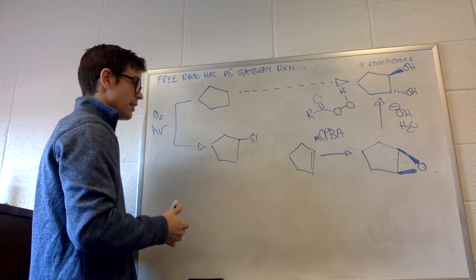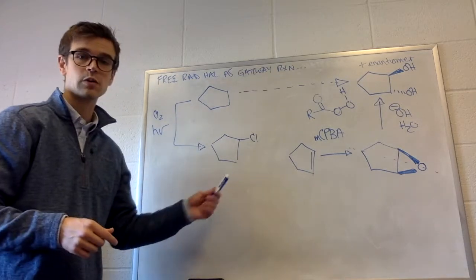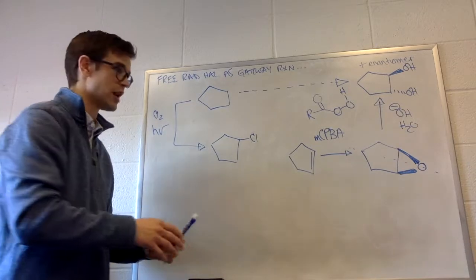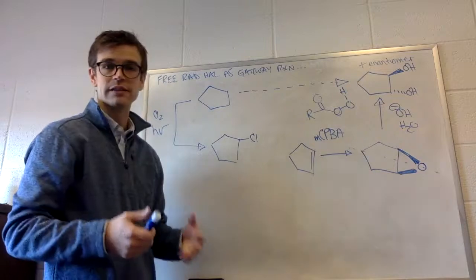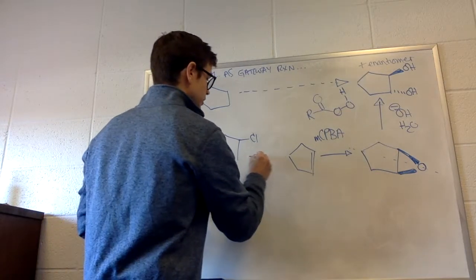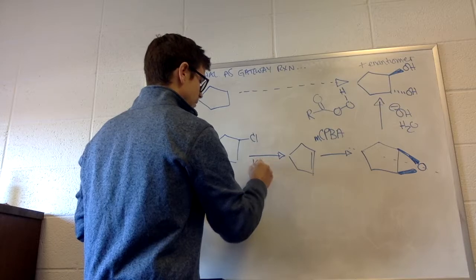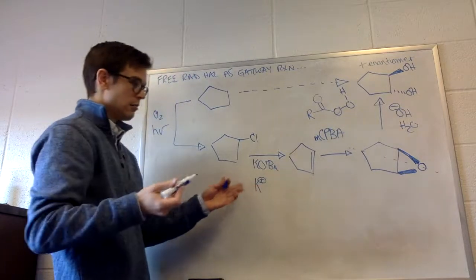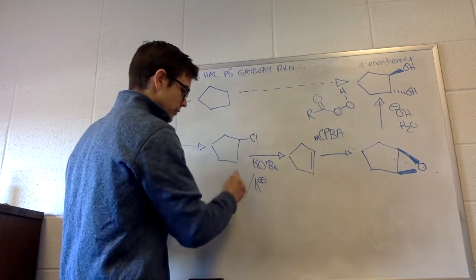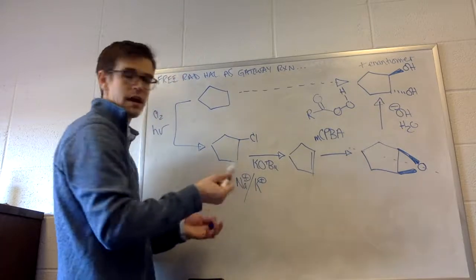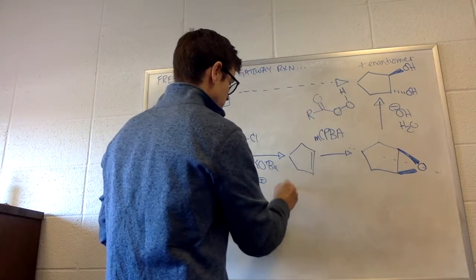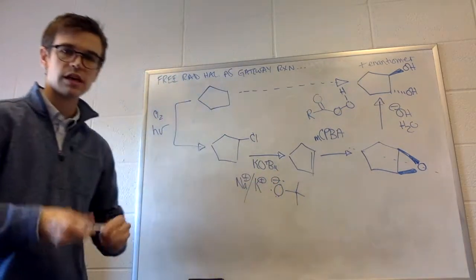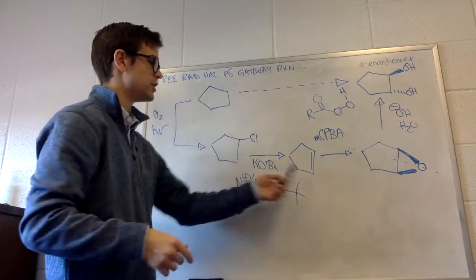Elimination reactions, if it's a secondary halide like this one, would compete with substitution reactions. We don't want that to happen. We don't want the substitution to happen. We want to make as high of a yield of this alkene as possible. So we are going to treat this molecule with potassium tert-butoxide, which again looks like some positive cation. I said potassium. It could have also been sodium. It's just a cation, so it doesn't really matter which one we use. Then we have the oxygen with the tert-butyl group, and it's a strong, bulky base to do beta elimination